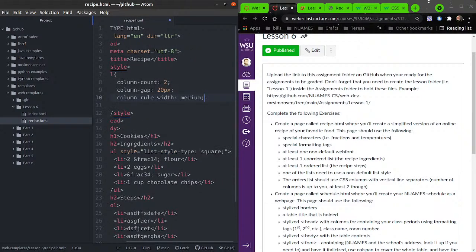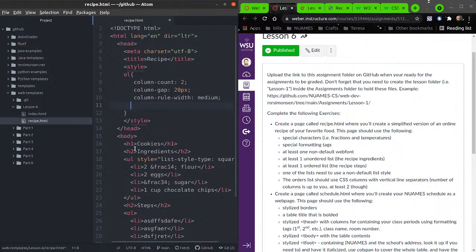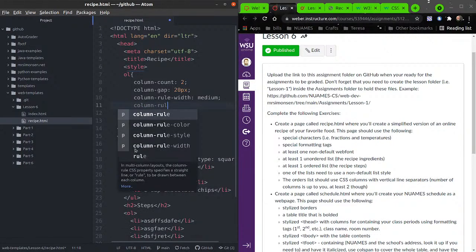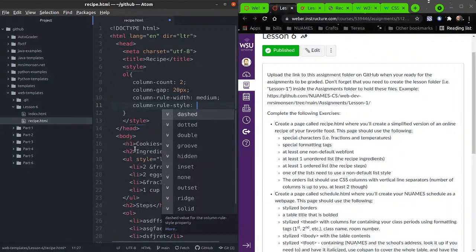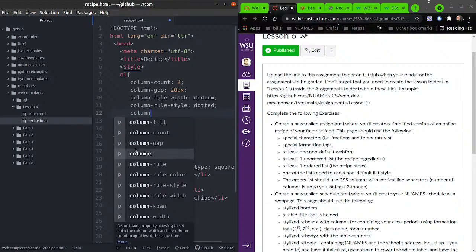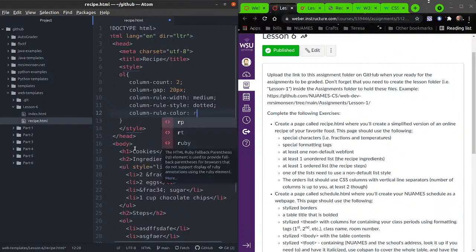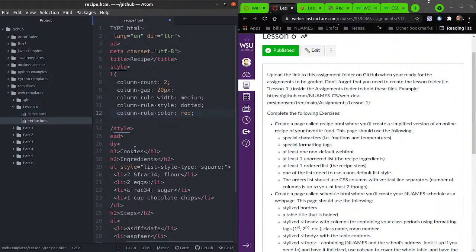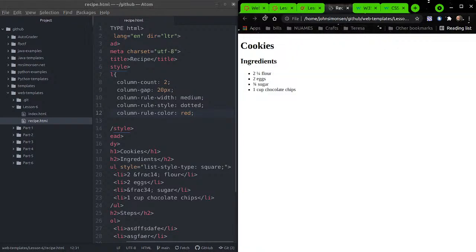We'll do medium. You can actually set pixels in there, but that's fine. Style, we'll have it be dotted. Column rule color, I'll just do red. For kicks,